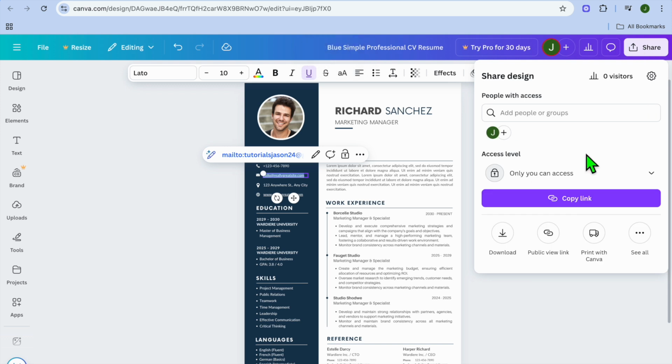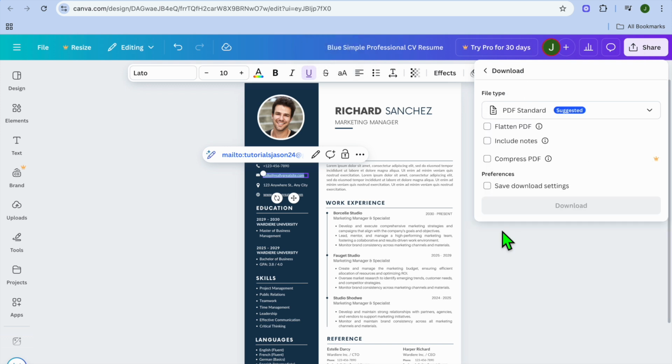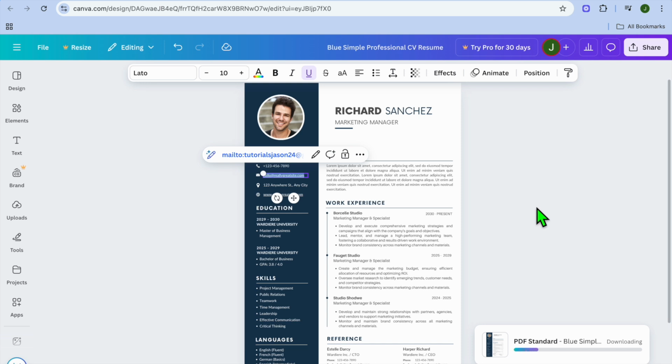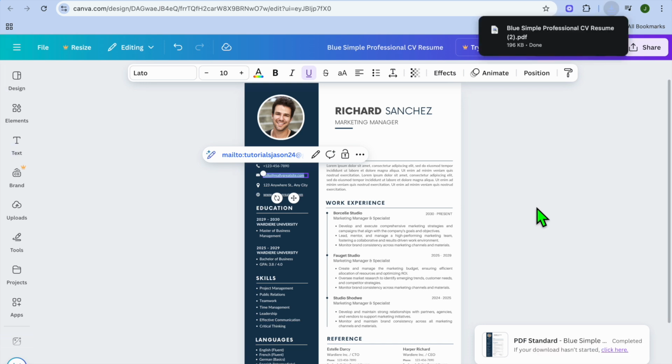After you have done that, if I were to select share, you're going to tap on download, and you want to ensure that you have selected PDF, and you're going to select download. After selecting download, once it has been downloaded, if we were to preview it, so let me do that real